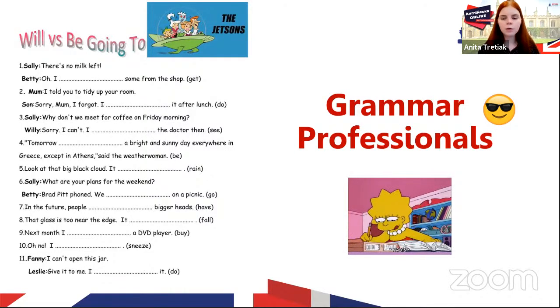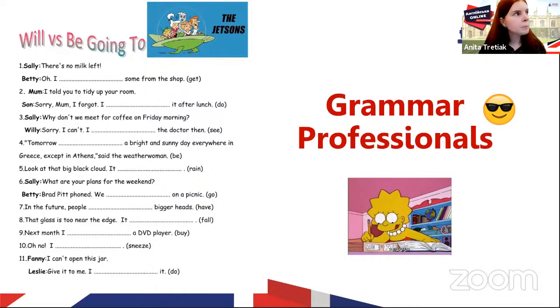Kosta is writing number one, will get. But Veronica is writing, I'm going to get some from the shop. So, guys, here you need to think. Let's talk about this one together. So, you need to think, is it the plan for this person? Did Betty know that there was no milk? Or maybe Sally just told her that there is no milk in the fridge, and she was like, okay, at